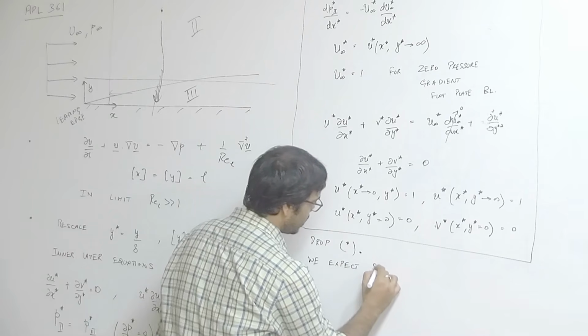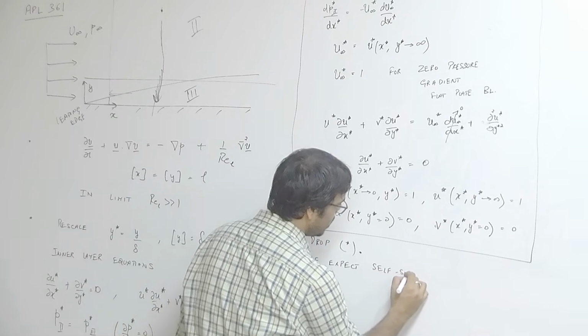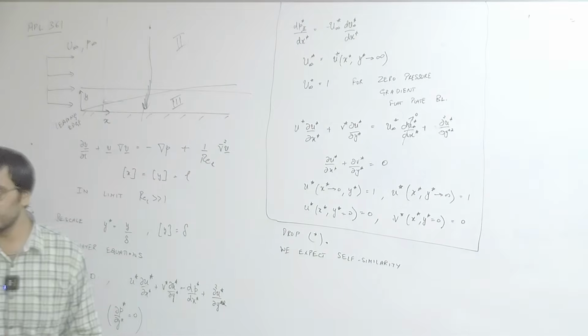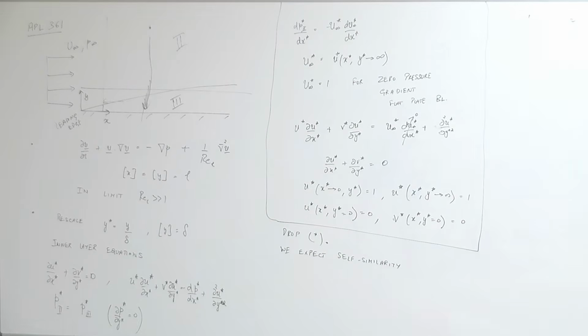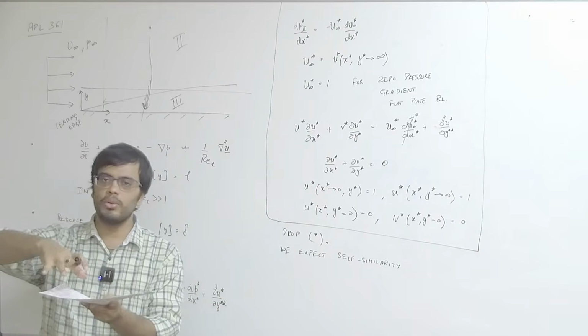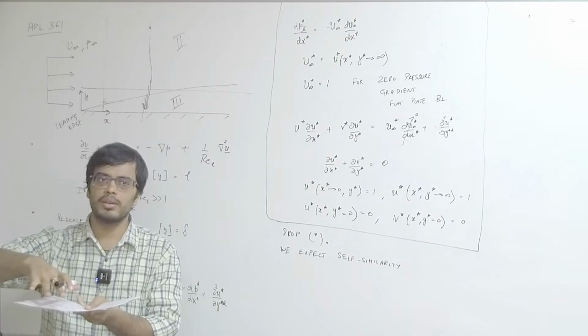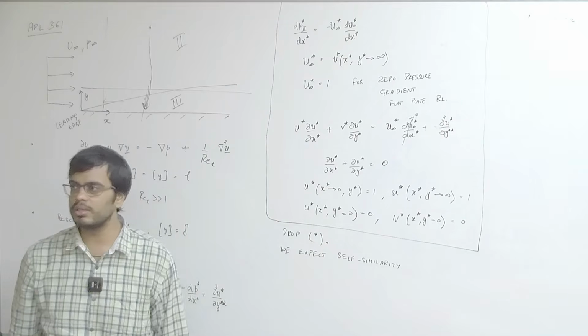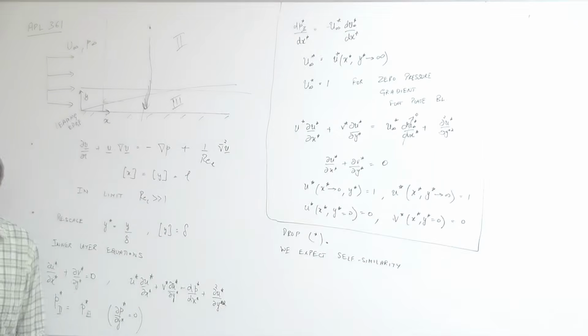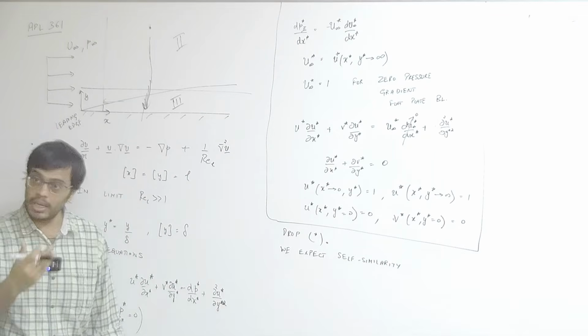We expect self similarity because there is no imposed external length scale in the flow. If you go back to our discussion on an impulsively moving plate, we said that there is fluid on top of it and a plate that is moving impulsively. In that, we said that we expect a self similarity solution because there is no externally imposed length scale